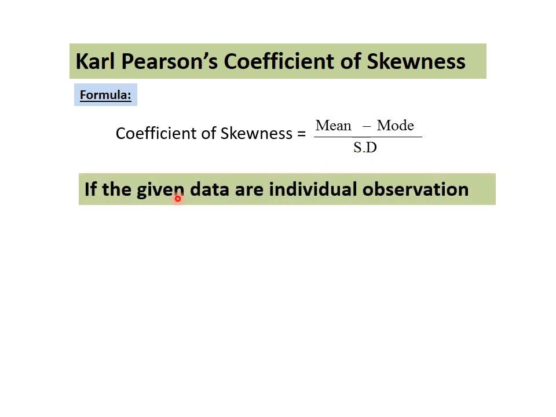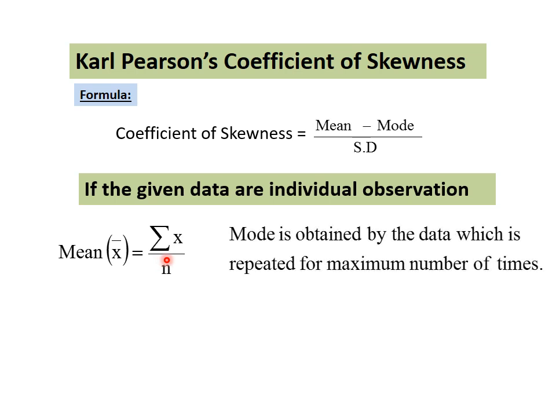If the given data are individual observations, then how to calculate mean, mode and standard deviation. This is the formula for calculating mean. Mean is equal to summation x divided by n. Mode is obtained by the data which is repeated the maximum number of times. Then standard deviation sigma is calculated with the help of square root of summation x minus x bar whole square